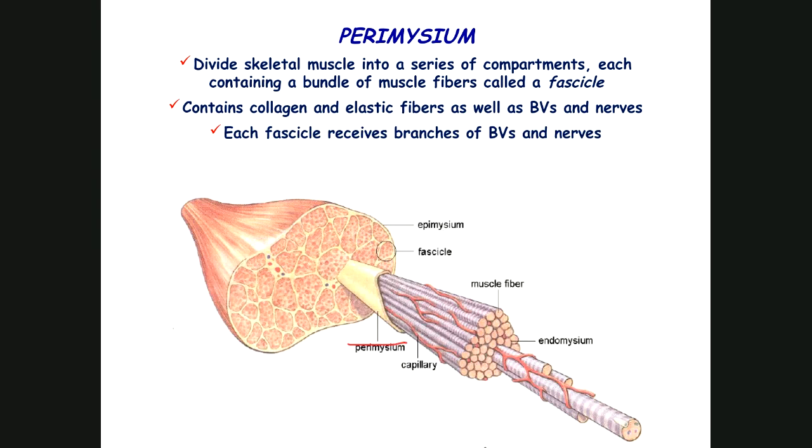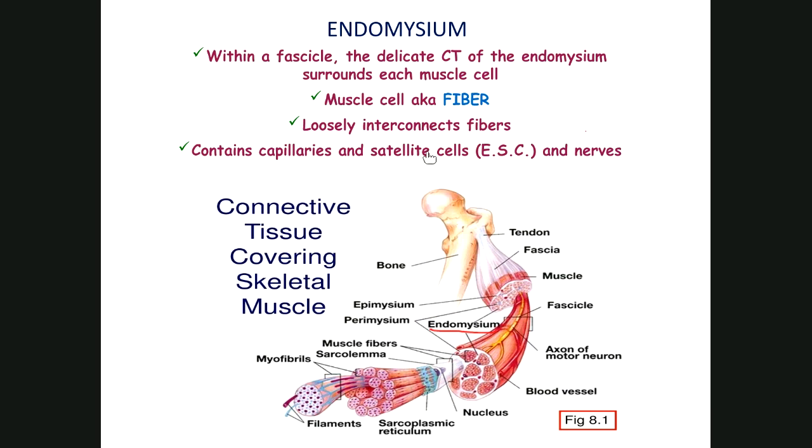And within the fascicle, it's made up of little tubes of muscle fibers or muscle cells. And the endomysium is the connective tissue around one of these